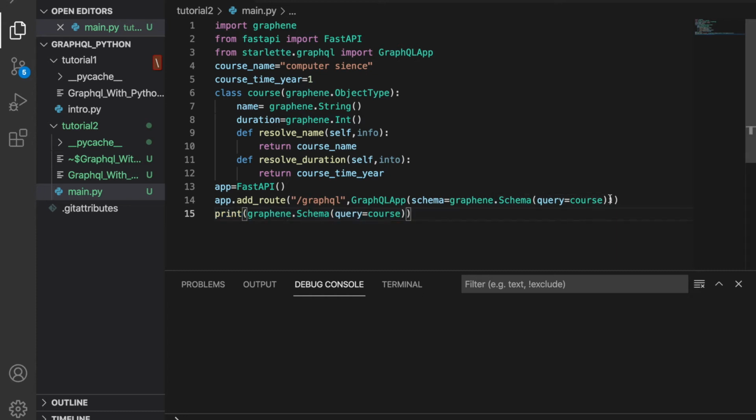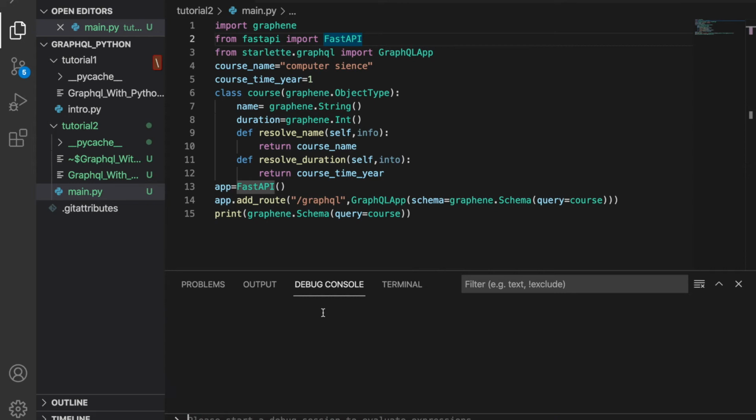Basically this is my actual schema, which I created using the GraphQL object type until this point, and after that I am adding this whole schema to the GraphQL app. That GraphQL app comes from Starlette GraphQL, which is built into FastAPI.